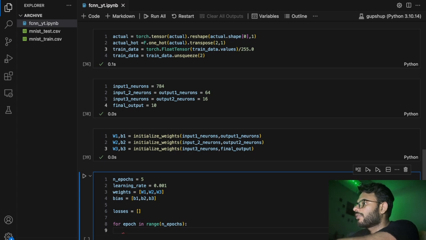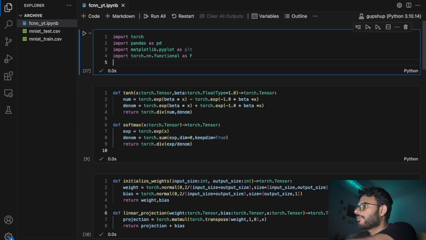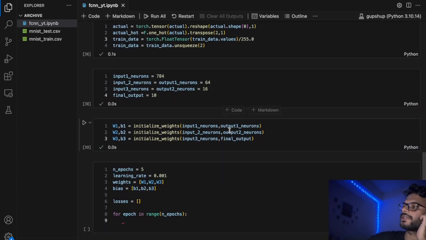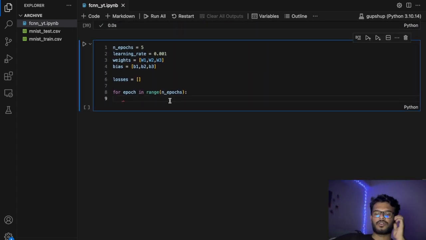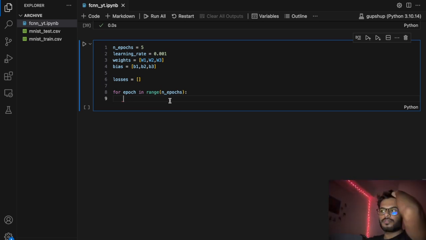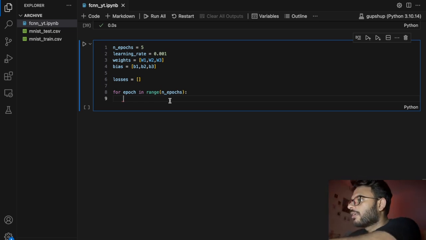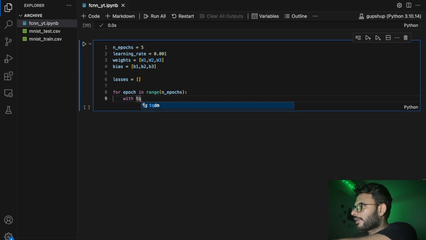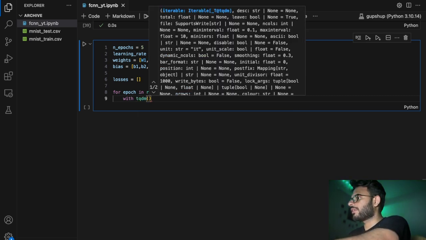So for that we have to import tqdm. From tqdm import tqdm. Now we have our tqdm ready. tqdm basically provides a progress bar, so we can see how our epochs and how the training is progressing. Let me check the syntax of tqdm first. Okay, total is equal to length of